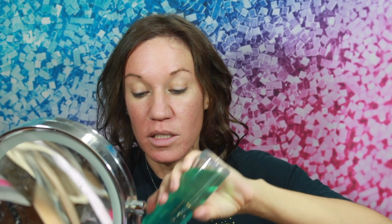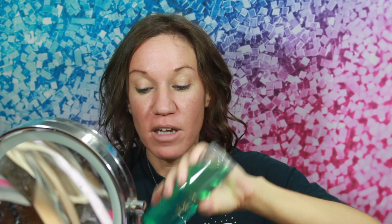Okay, so I'm going to go in with this Spiros New York Bitter Green Essence Toner. I put some on my cotton pad. I'm going to go over my face with this. Any residue from a cleanser or anything like that is going to be picked up on the cotton ball. I'm going to use 2 cotton balls. I get a little bit of yellowness. That means that there was something left on my skin. So I don't want to use 1 cotton ball for my entire face because I want it to work as well